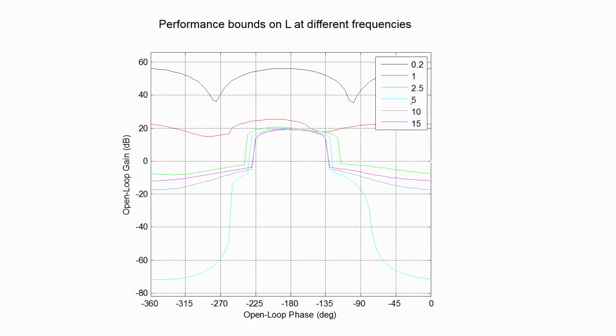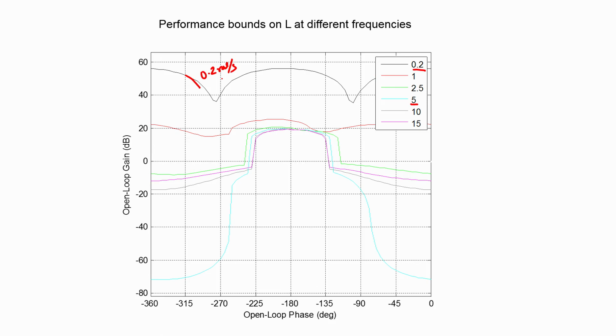So this is repeated at other frequencies of interest. We discussed that we would limit restricting the performance to within 15 radians per second. So I have taken a set of other frequencies. For example, I have considered a very low frequency, 0.2 radians per second, and at 0.2 radians per second the overall bound on L is given by this black curve here. This is at 0.2 radians per second.